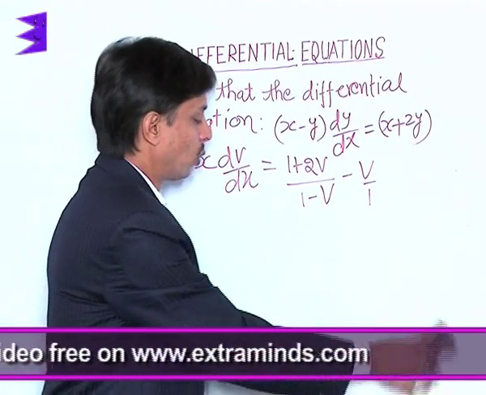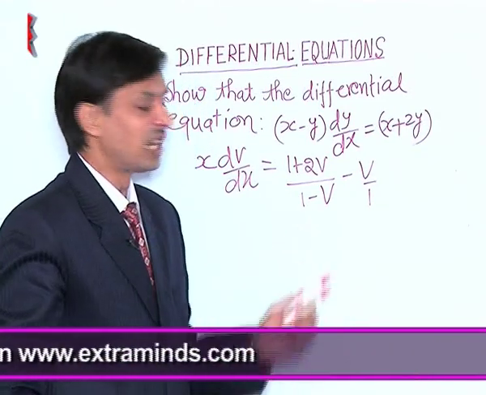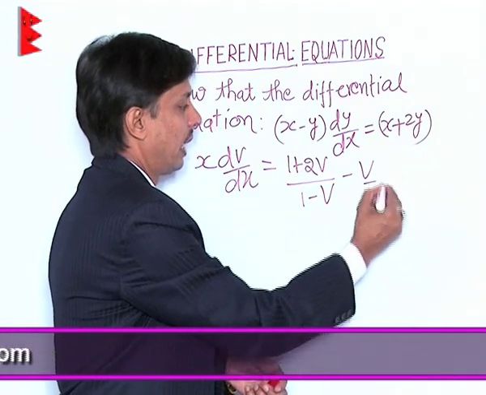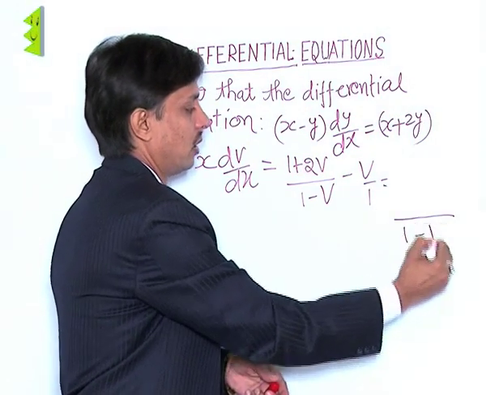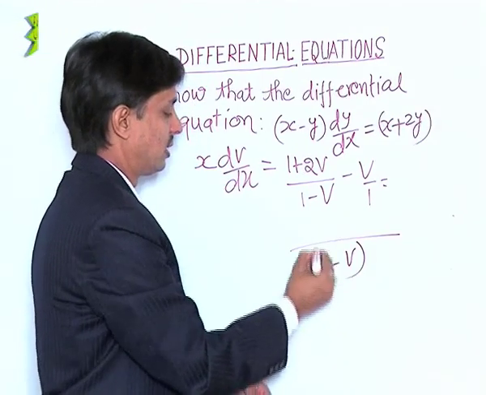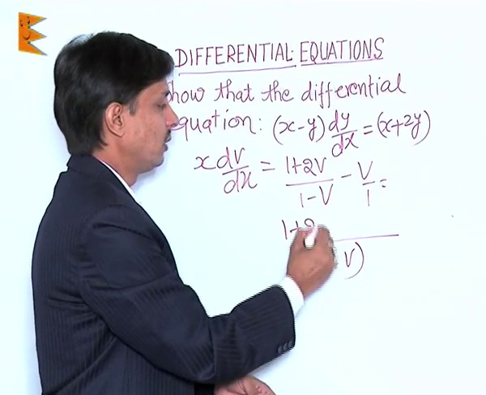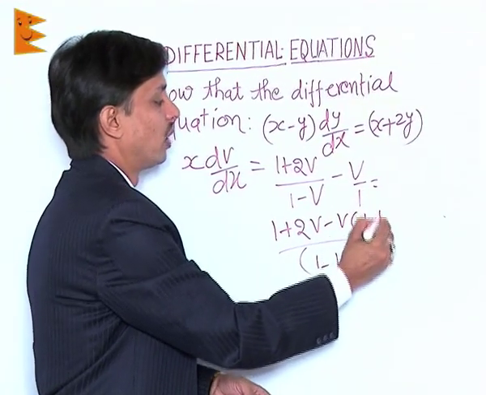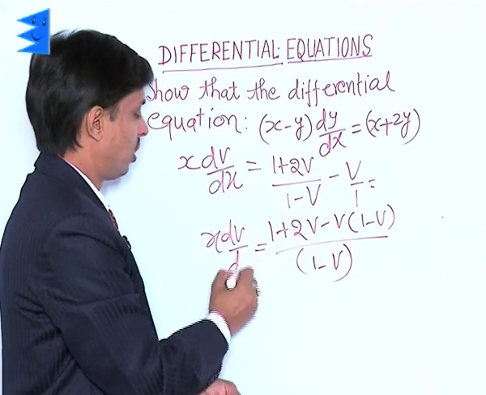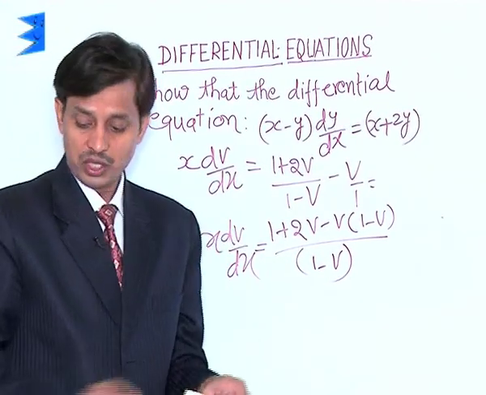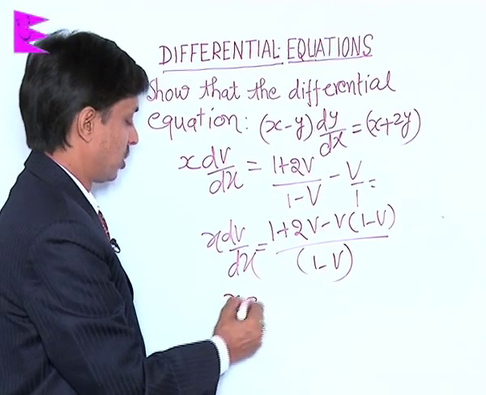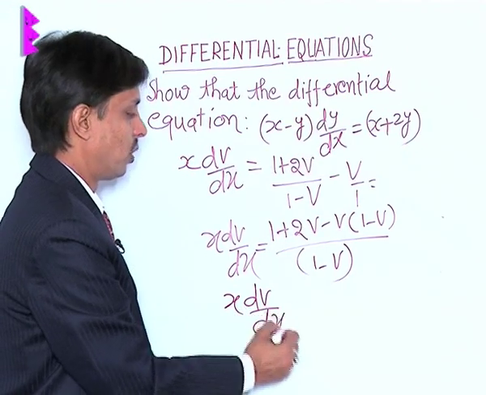Now we will take its LCM. That LCM will be 1 minus v. So if we take the LCM as 1 minus v, then we can say 1 minus v is the LCM. So (1 plus 2v minus v) into (1 minus v) is what? x dv upon dx. Now the question is how to solve it, so on simplification, x dv upon dx